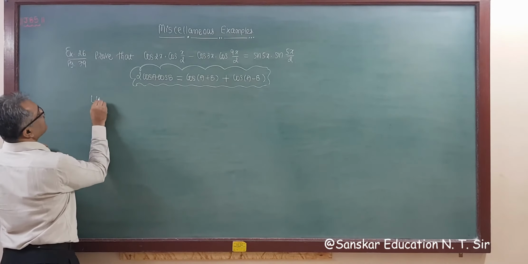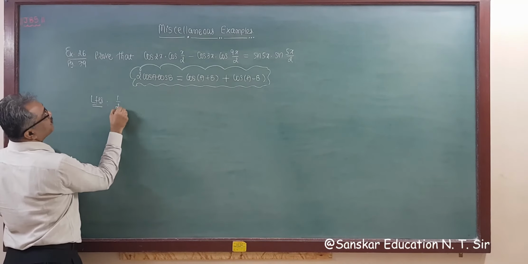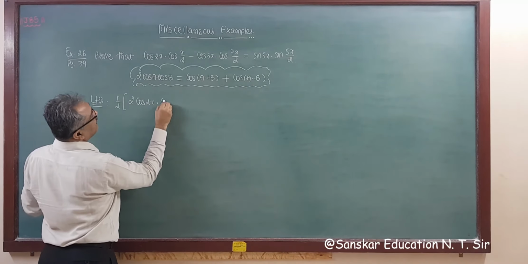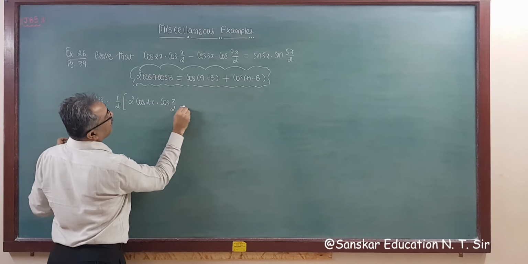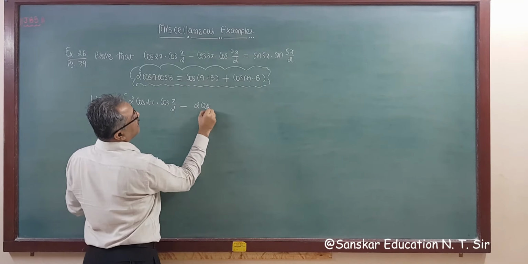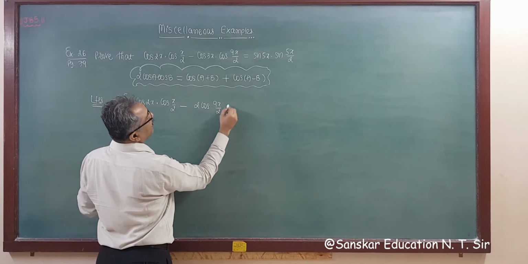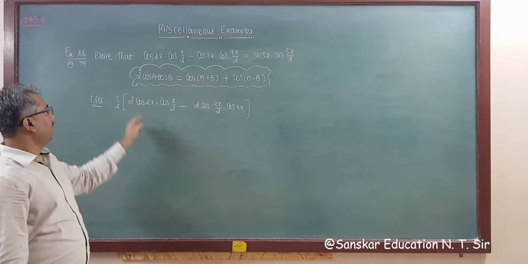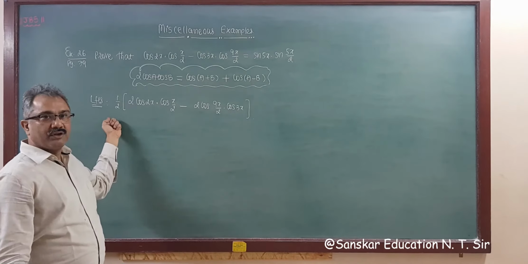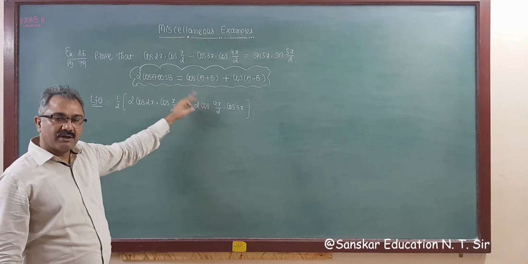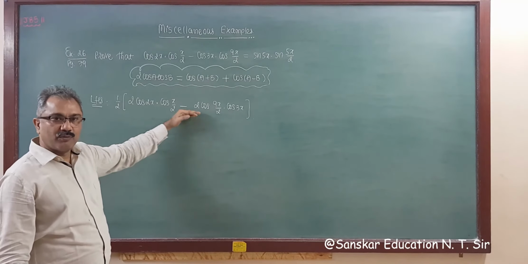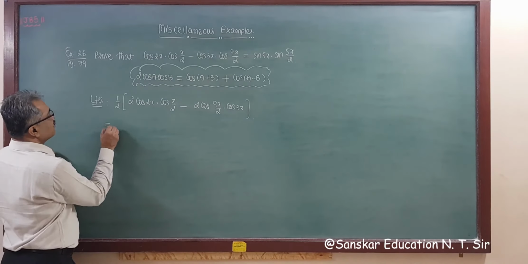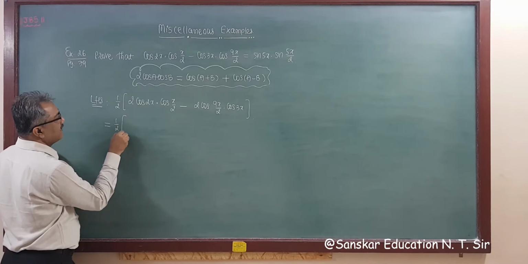So writing the left hand side, I am dividing by 2, and this is 2 times cos 2x into cos x by 2 minus 2 times cos 9x by 2 into cos 3x. Any problem? Dividing and multiplying by 2, so I am keeping 1/2 common from both. Now applying this formula, 2 cos A cos B, the half is as it is.